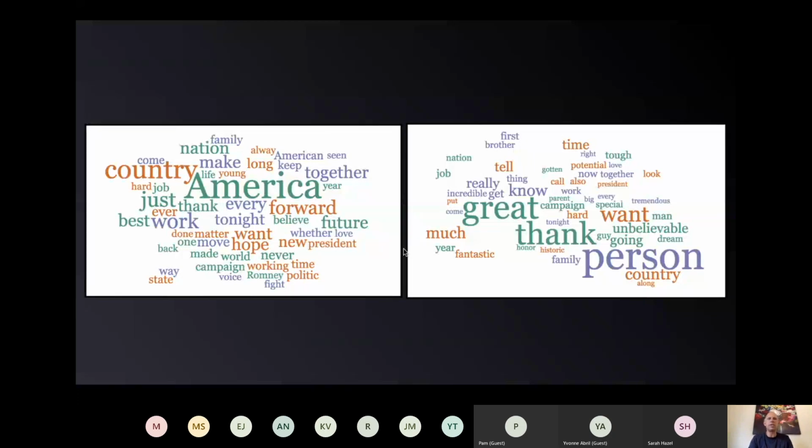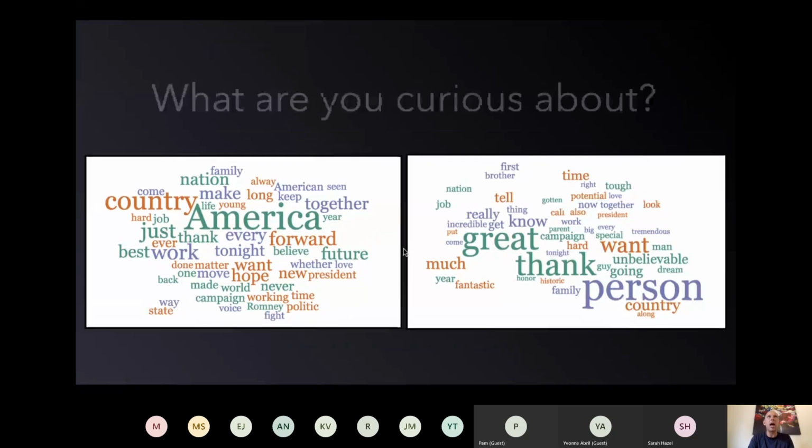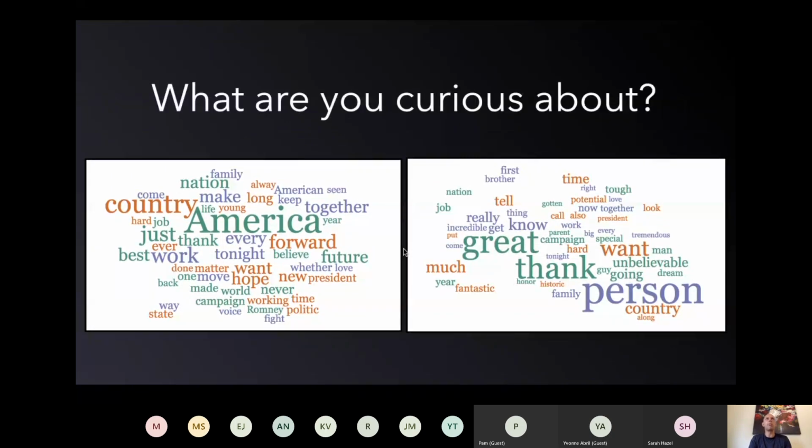And this is a time, unlike the last one, when the answers are really varied and they start to feed off each other. So we don't want students answering this privately. So the teacher just said, shout out, what are you curious about? And I was sitting in the back of the classroom when this was happening, and students were saying things like, what are those? Is this a word cloud? Teacher would say, yes, it is a word cloud. Are they from songs? No. Basically turning it into a riddle.